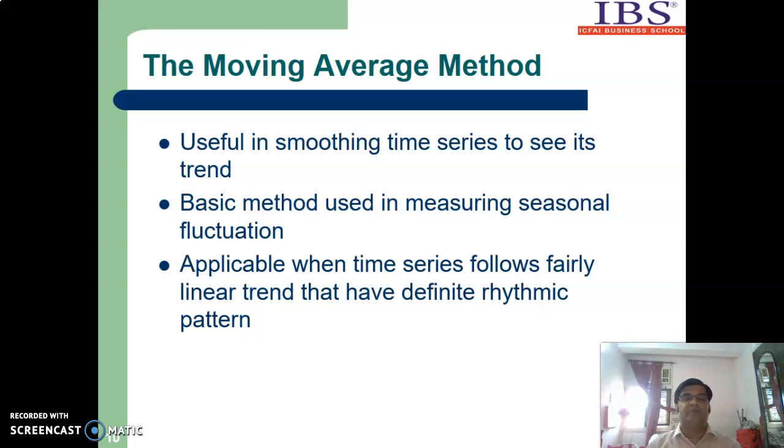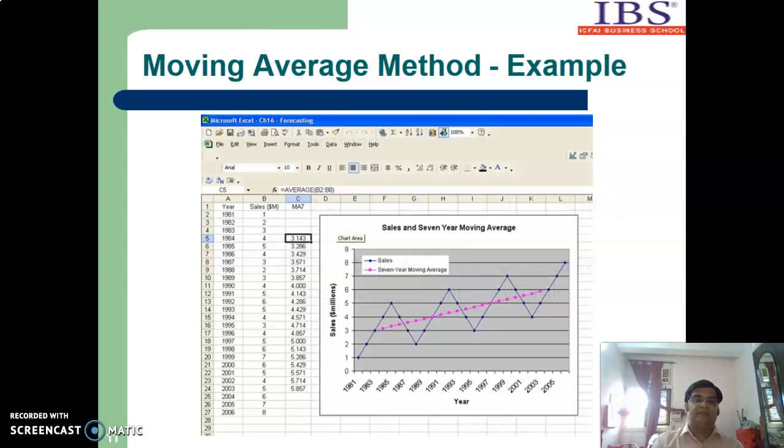If it is a case of a 3-month moving average, then we take the first 3 months, we take the average, and we write it in the second month. Again, in the next reading, we leave the first month, we take the second, third and fourth month, we take the average and we write it in the third month. In this way, we proceed as if the average is moving downwards. So let us take a data and understand.